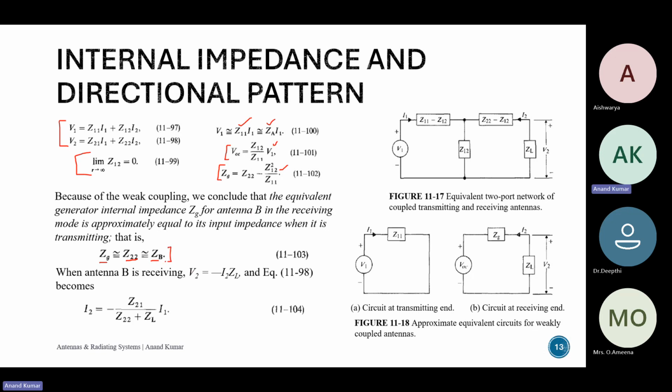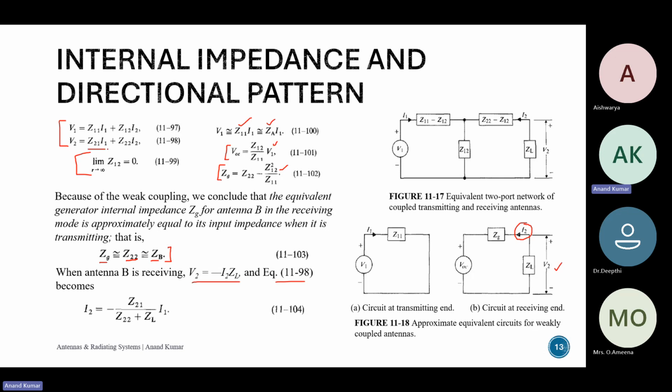So once we have this, now when the antenna B is receiving, we have the V2 voltage over here, which is equal to the current I2, which is flowing in the opposite direction. So V2 is equal to minus I2 ZL. This is the expression over here. So V2 is equal to minus I2 into ZL, and then we have the equation